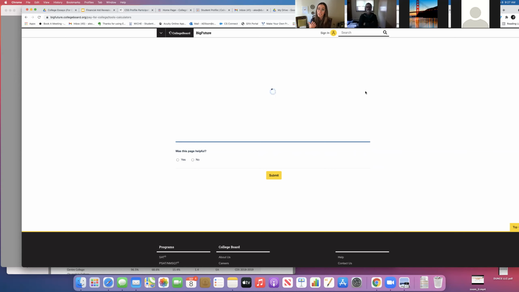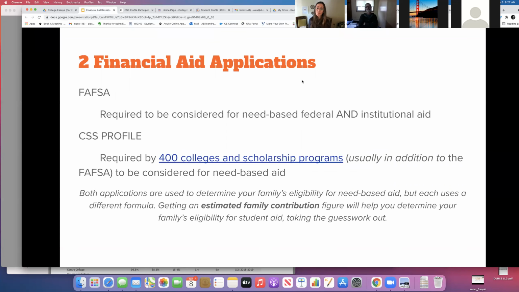There's also an EFC calculator in which you can actually select institutional methodology and federal methodology, IM/FM for short. So that'll tell you what your EFC, your estimated family contribution, is for both applications, for schools that require both applications. Sorry about that, that's not loading at the moment, but that's where you find it. It's called the EFC calculator, and it's amazing.